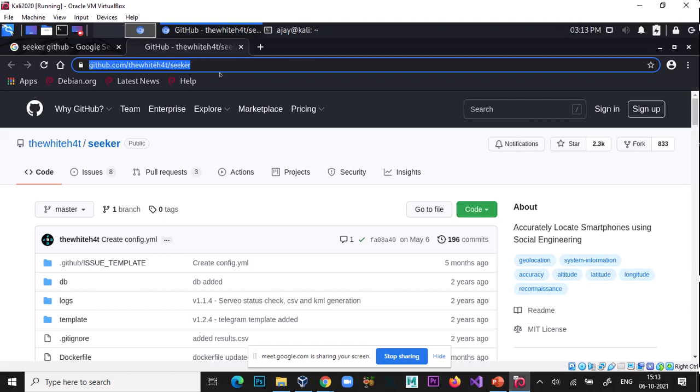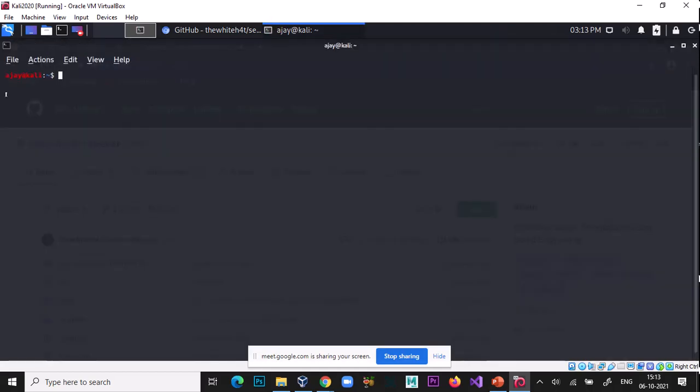Just copy this, go to root, and type git clone and paste the link here. Okay, so it shows seeker already exists and is not an empty directory. So Seeker is already installed, that is why it is showing this message.